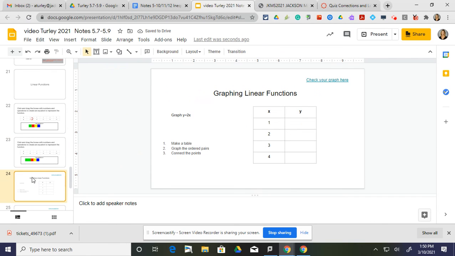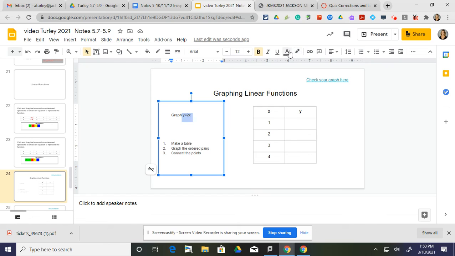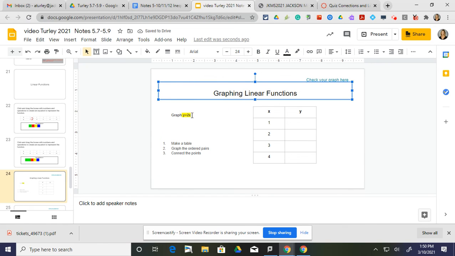Okay, slide 24. Now it's asking us to graph the linear function. Here's our linear function, y equals 2x. Okay, that's what we're graphing. So when it tells us to graph this, first of all, it's a linear function, so it's going to be graphed as a straight line. So when we eventually graph it, we have to make sure it's a straight line. The first step is to make a table. So I set the table up for you. You've got your x's and your y's. You get to pick any numbers you want to put in for x, because your x, remember, is your independent